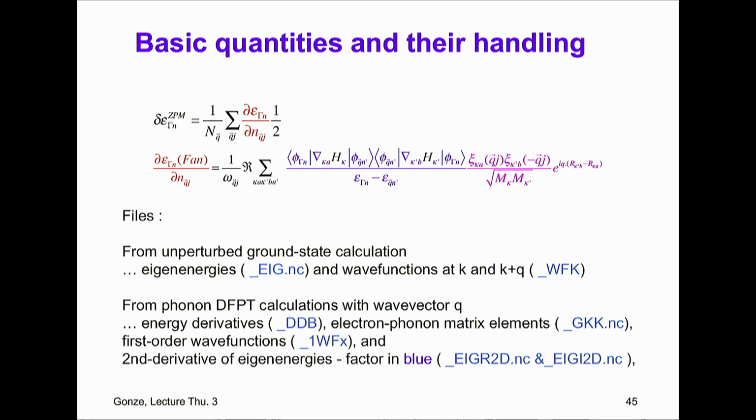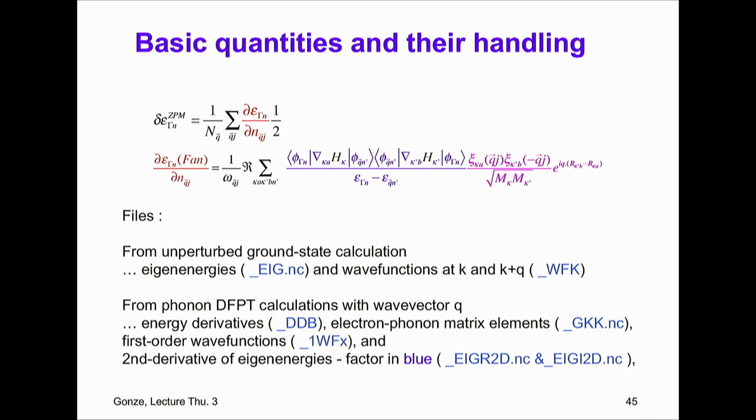Actually, using the Sternheimer trick, one part of this expression can be rewritten as just the first order change of the wave function due to a specific perturbation. So we will need several files. We will take them from unperturbed ground state calculations, typically the eigenenergies, those that are, for example, here, and wave functions at k and k plus q with this label,